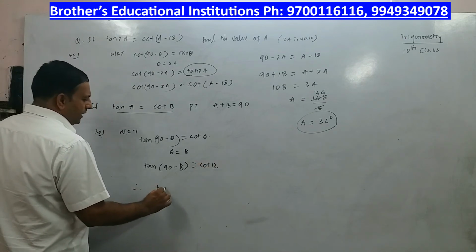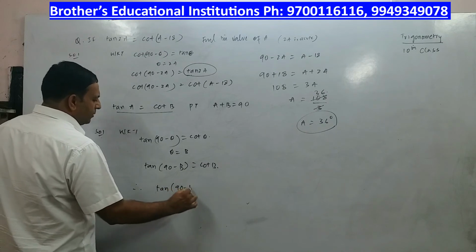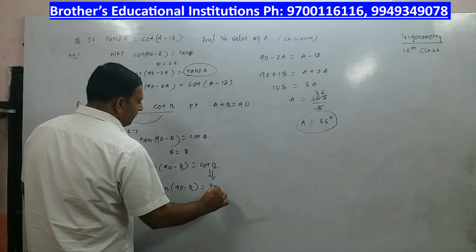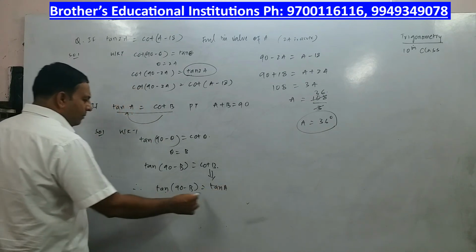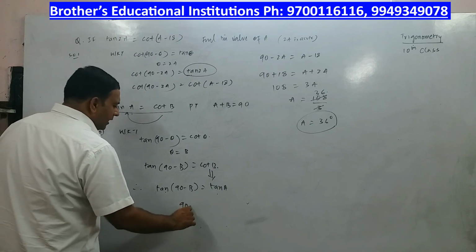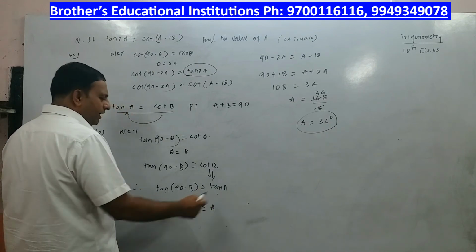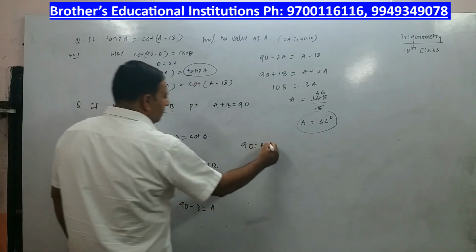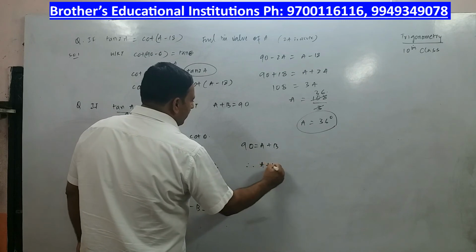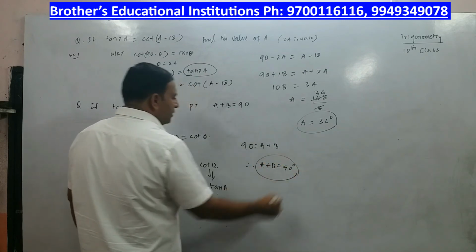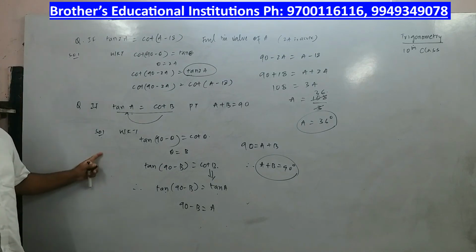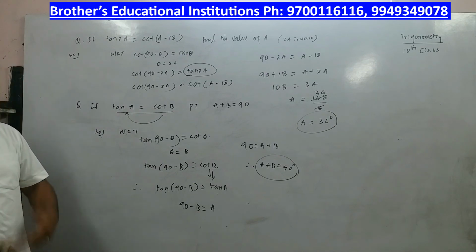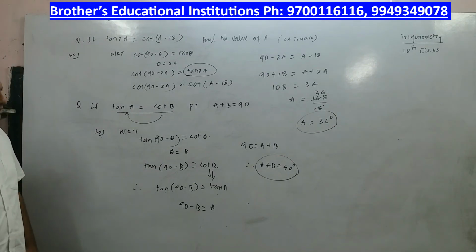So therefore, tan of 90 minus b is equal to cot b. But what is cot b? Cot b is equal to tan a. So now tan of 90 minus b is equal to tan a. It means 90 minus b is equal to a. Minus b will go to that side, so 90 is equal to a plus b. Hence proved, a plus b is equal to 90 degrees. I'm sure you're following, children, these very easy and simple problems. If you're perfect with the formulas, you will enjoy. I want you to pause the video and we'll move forward to another variety of question.